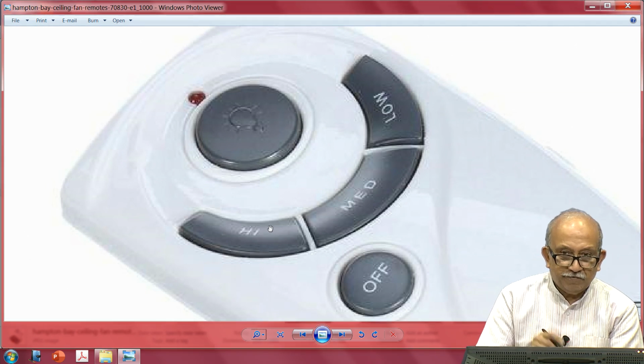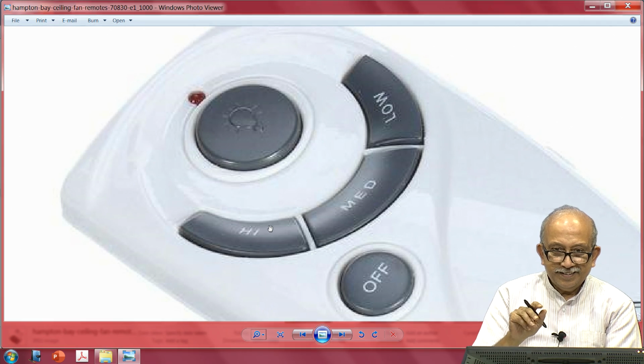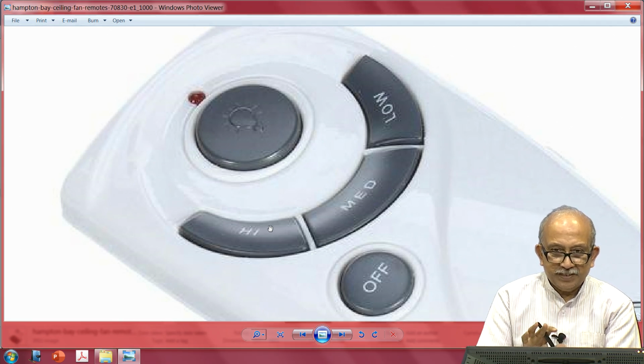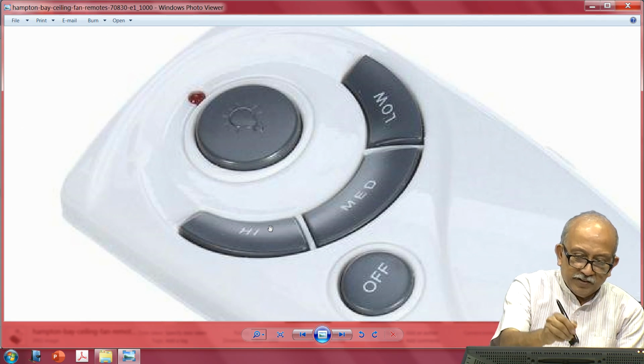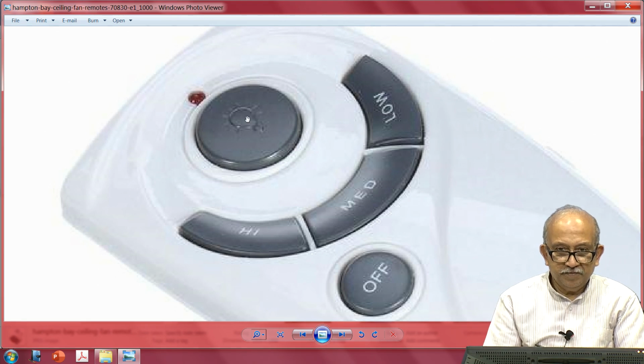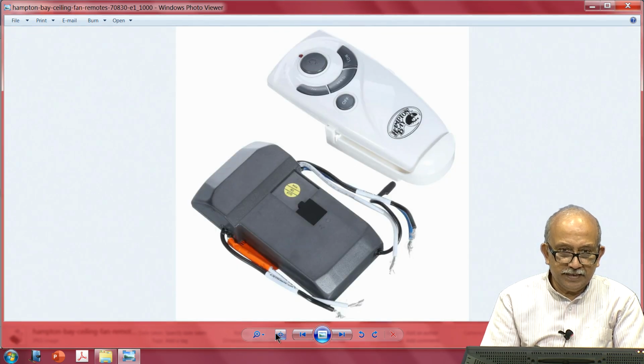Why should there be an off? Again, my opinion, not real. What the customer wants is what it is, give it to somebody. Why not, when you press it, it should go on, and you press it again, it should go off. So, I am sure there is always a simpler, better way of making a layout.